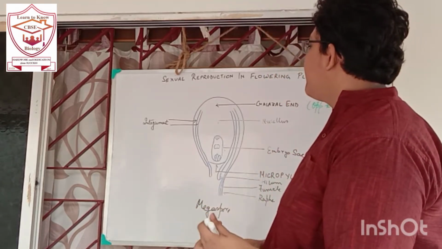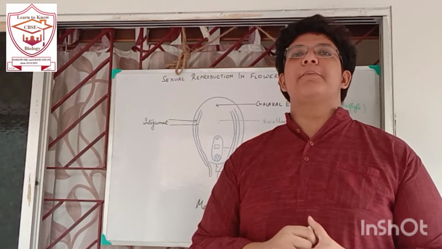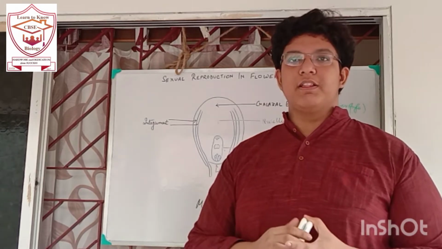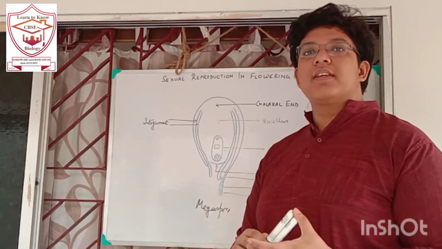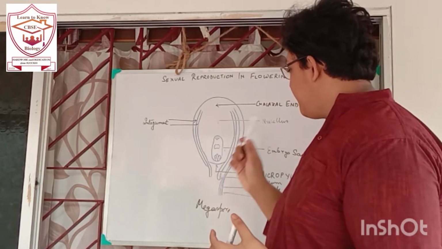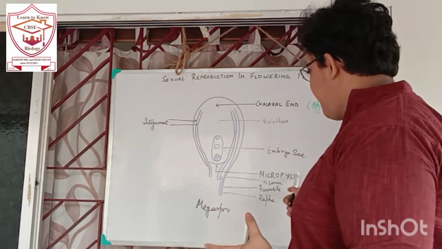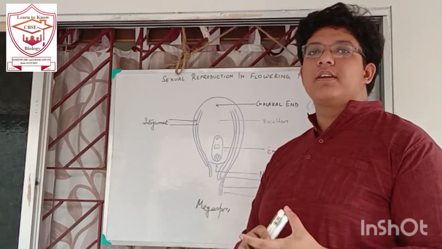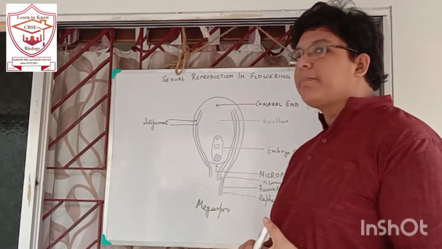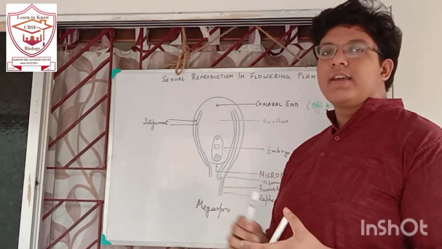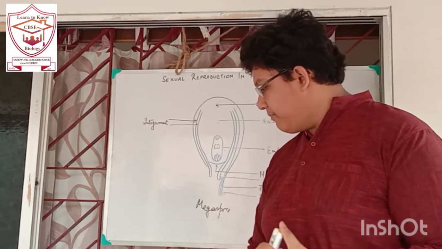So you might be given a question like this: draw a diagram of an Anatropous ovule and label the portions whose functions are given below. For example, 5 functions. Number 1, opposite to micropyle. Number 2, the cells which act as food reserve, nucellus. Number 3, which facilitates diffusion of gases, micropyle. Number 4, the funicle present beyond the hilum, raphe. Number 5, which gives protection, integument. These are the probable questions that have come many times in your CBSE board.